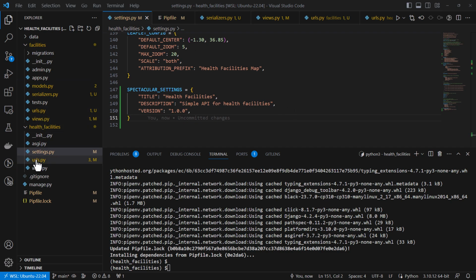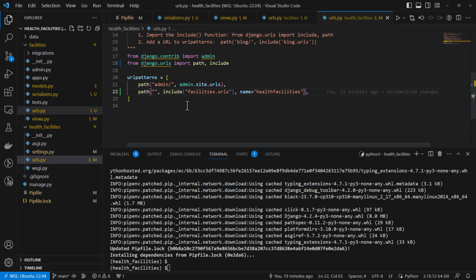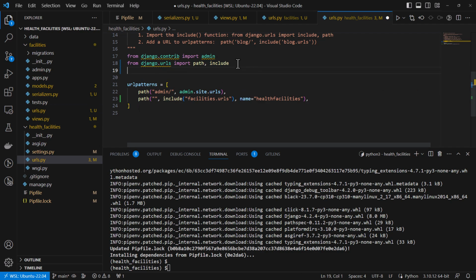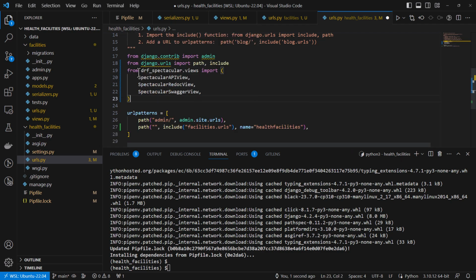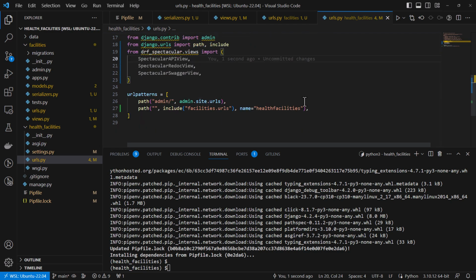And in this, I think I'm just going to use the main URLs file, and I'm going to import these three. So we have the Spectacular API view, Redoc view, and Swagger view. Redoc and Swagger are normally used for documentation, and we're also going to be using them here in our case. So since we added the path to our facilities URLs, we can